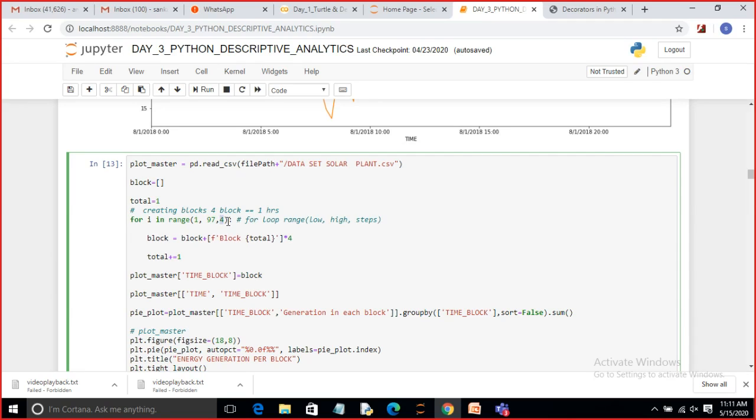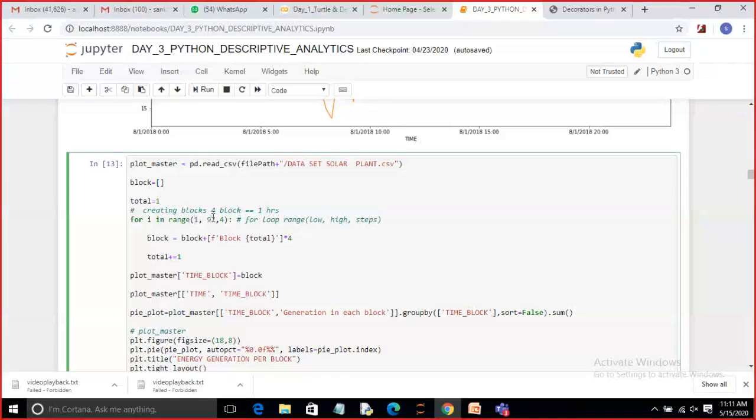Previously I thought no start stop step. Here they have given no high steps. Start, stop, or we are using temperature, no high steps. 0 to 96 is there, so starting will be 1. It will not take as 0, it will take as 1. Yesterday I explained with an example, executing.